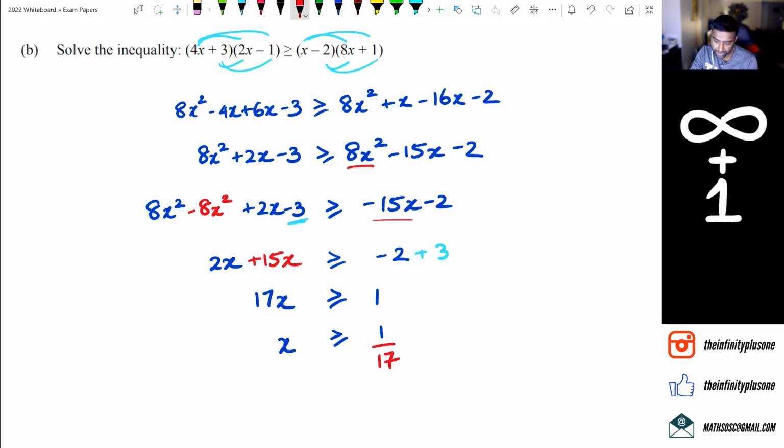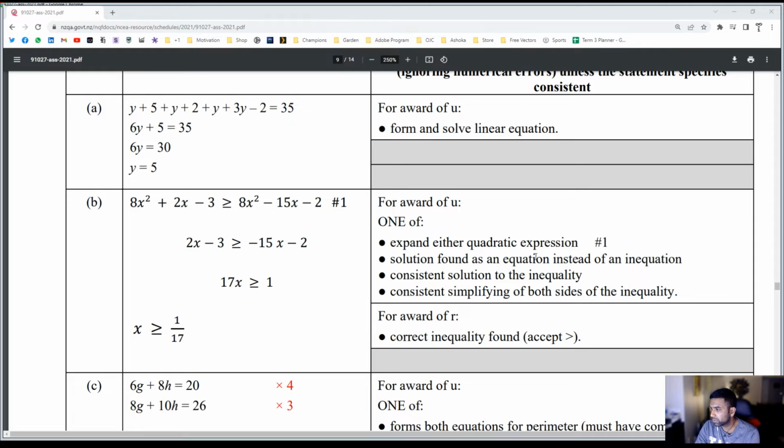Grades wise for this question, interestingly enough, this is a merit question, right? Like you get to the last line right there, you're looking at a merit grade. For an achieved, I'm going to show you guys the marking schedule here. So basically for achieved, doing that first line, and as long as you simplify the inside term, then you get an achieved straight away, and it says either, right? So you could actually do the first one or the second one, which is why it's really important when you're working with quadratic equations that you want to actually simplify the inside, the x terms mainly, because sometimes that actually